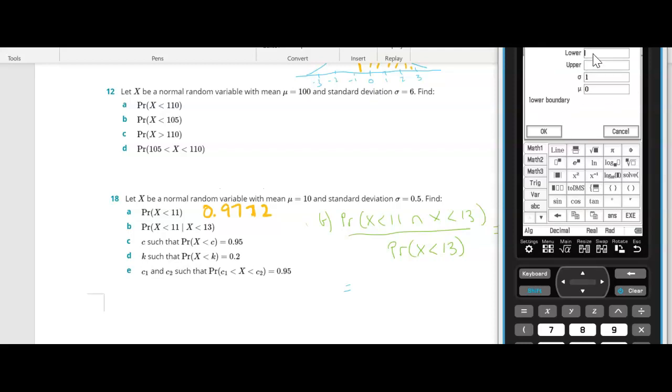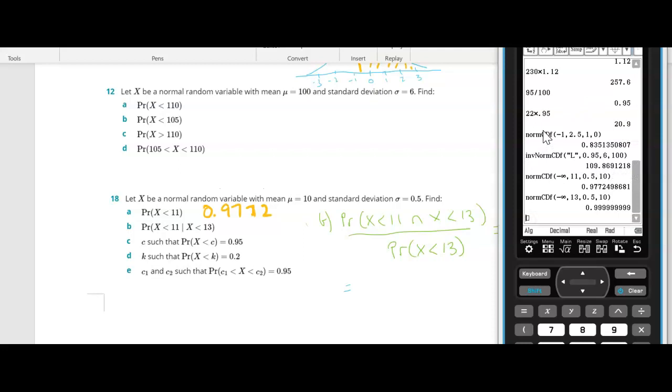All right, so the lower limit for the next one is negative infinity, and the upper limit is 13. Our standard deviation is 0.5 and our mean is 10. Please don't get them around the wrong way. It won't tell you. Okay, so that's practically 1. It will never be 1 because the normal distribution goes from negative infinity to infinity, but we can just copy that